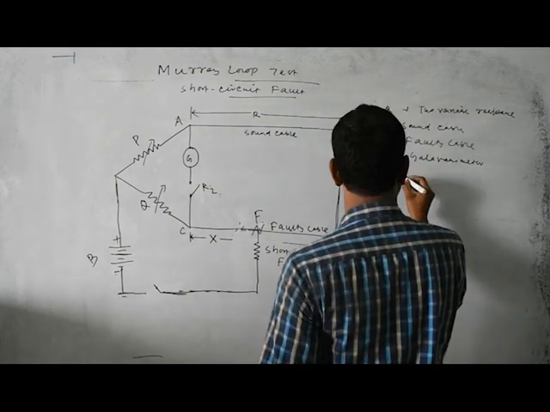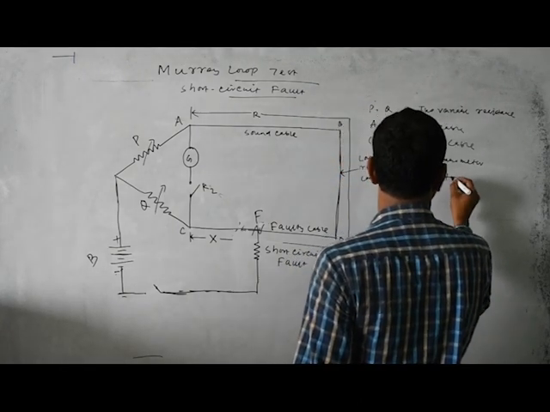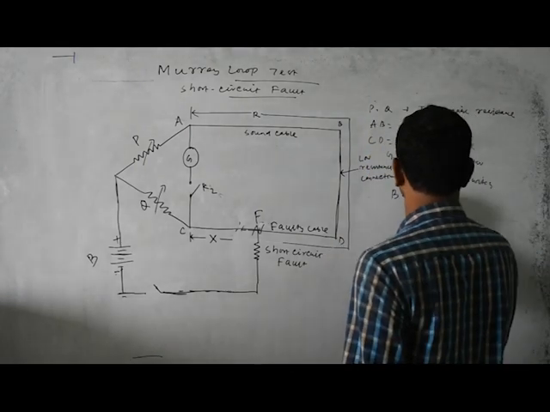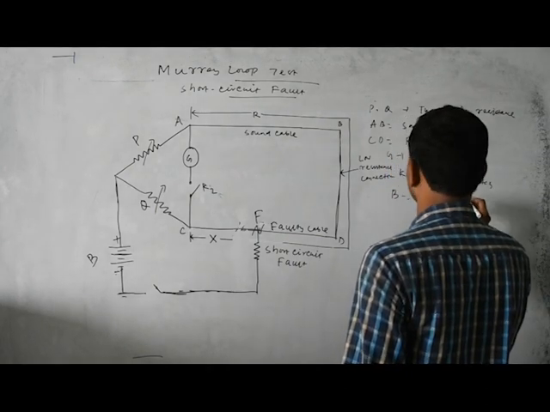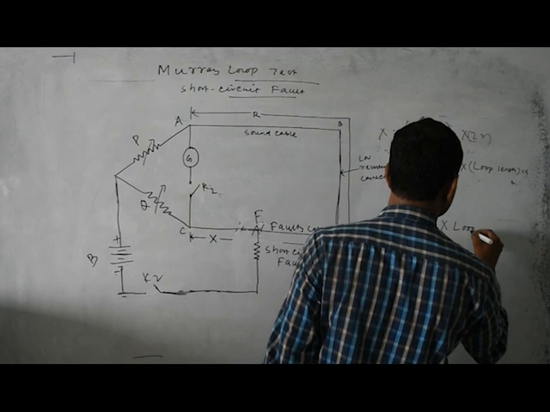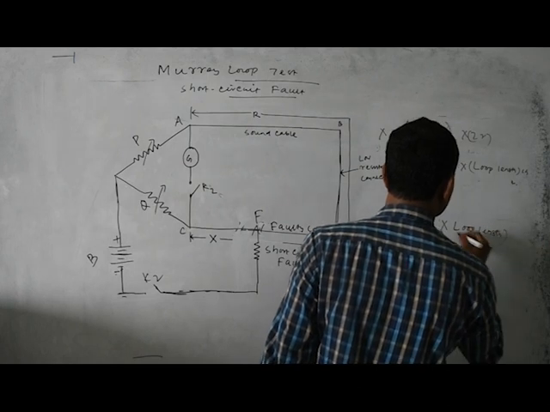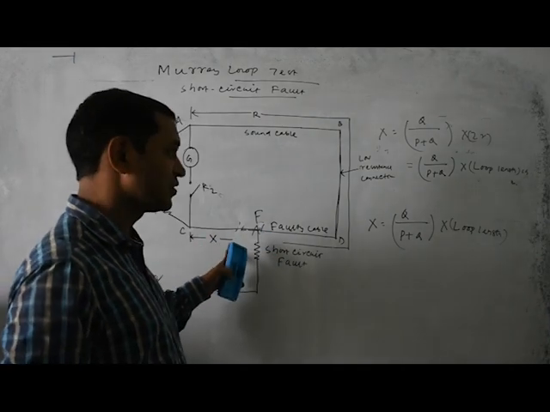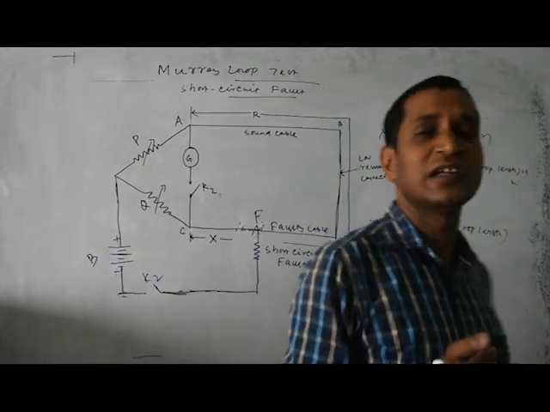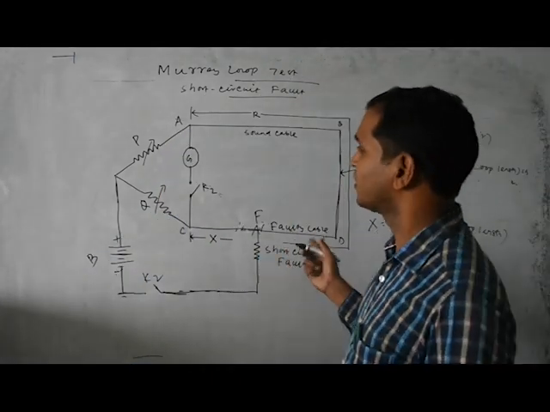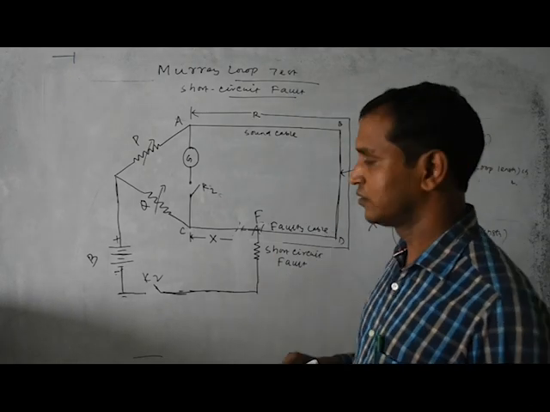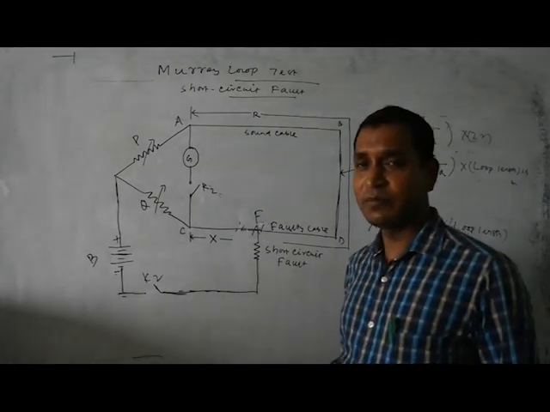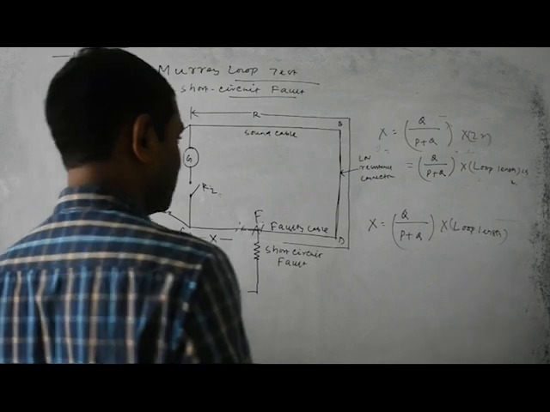K1, K2 are two switches. If the fault occurs at this position, then you have to find it. We find X, then we locate the short circuit fault. This is all about the short circuit fault and arc fault in the Murray loop test. Now we discuss one or two problems about short circuit fault or arc fault.